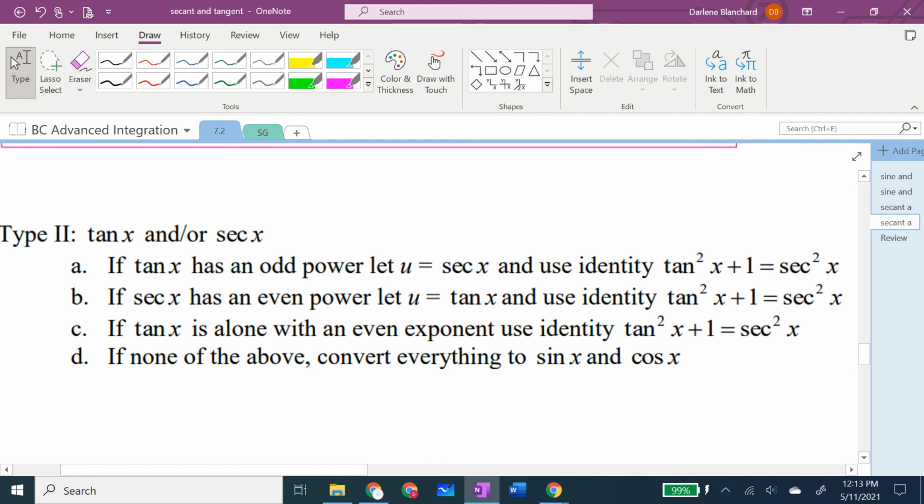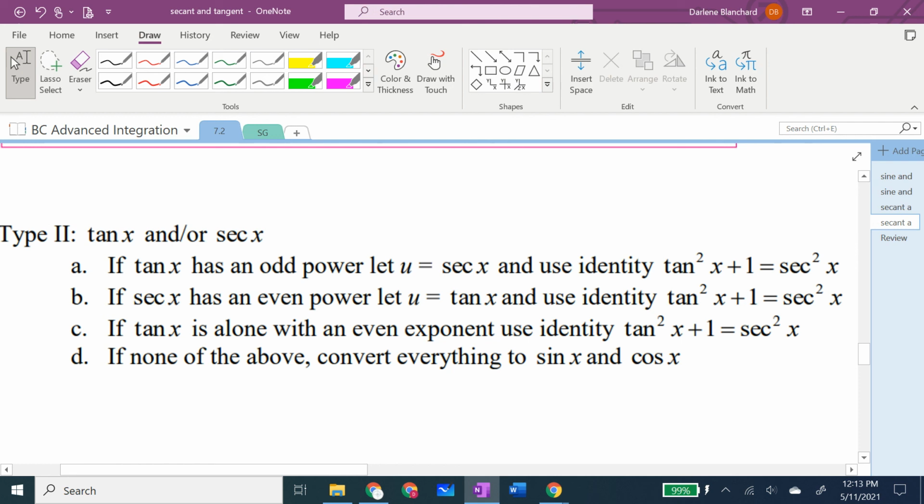And then there's the last resort. If the mixture is too crazy, because sometimes they will bring in non-partnerships, like you might get a cosine and a tangent together. If all else fails, convert everything to sine and cosine. So just real quick,